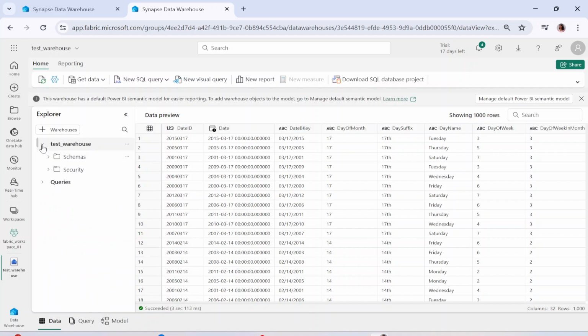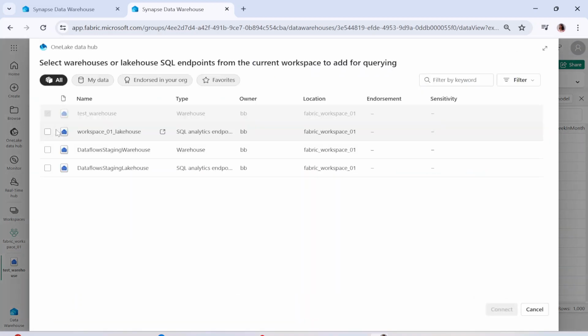Now imagine that you have another warehouse. How do you reference the data of another warehouse into this particular warehouse? And at the same time, let's say you have the data present in your lakehouse. In that case, how do you refer to that data within this test warehouse? So for that, we'll click on this plus warehouse symbol over here.